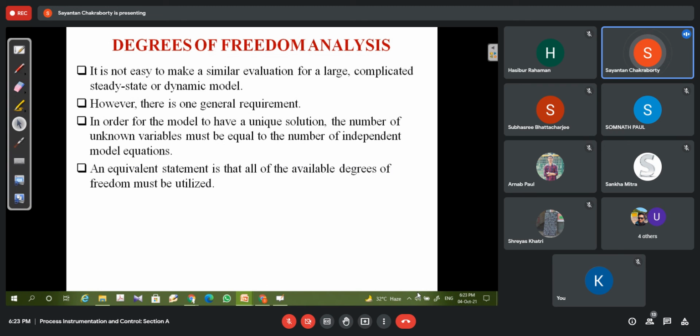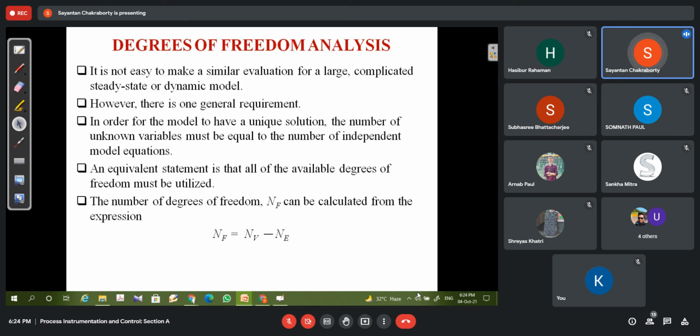This can be recast in the form that if all the available degrees of freedom are utilized, then you can have a unique solution, right? So this is how the degrees of freedom concept can be brought into the concept of solution of equations. How? See, the number of degrees of freedom, say NF, can be calculated from the expression NF equal to NV